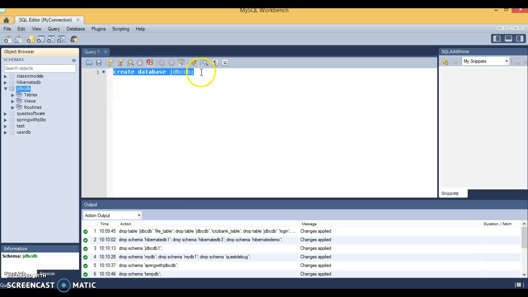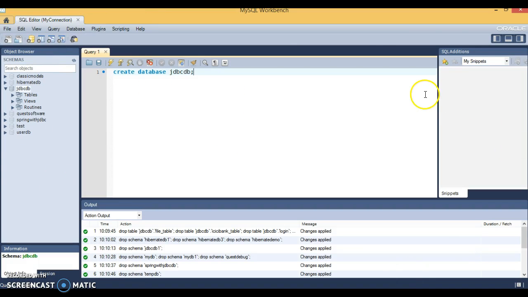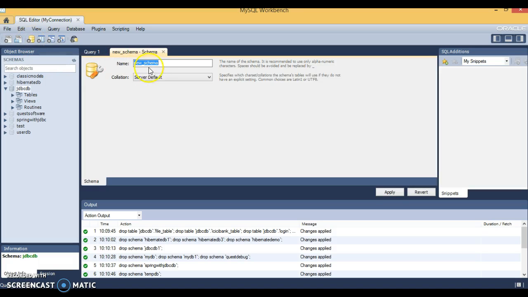If you don't want to write a SQL query, then it's a graphical. This workbench, MySQL Workbench provides you graphical user interface, and there you can create JDBC schema, database schema without using SQL query as well. So here if you see, here you have a button, if you put a cursor over, it is saying create a new schema. So you click over here, and here you can specify your schema name like